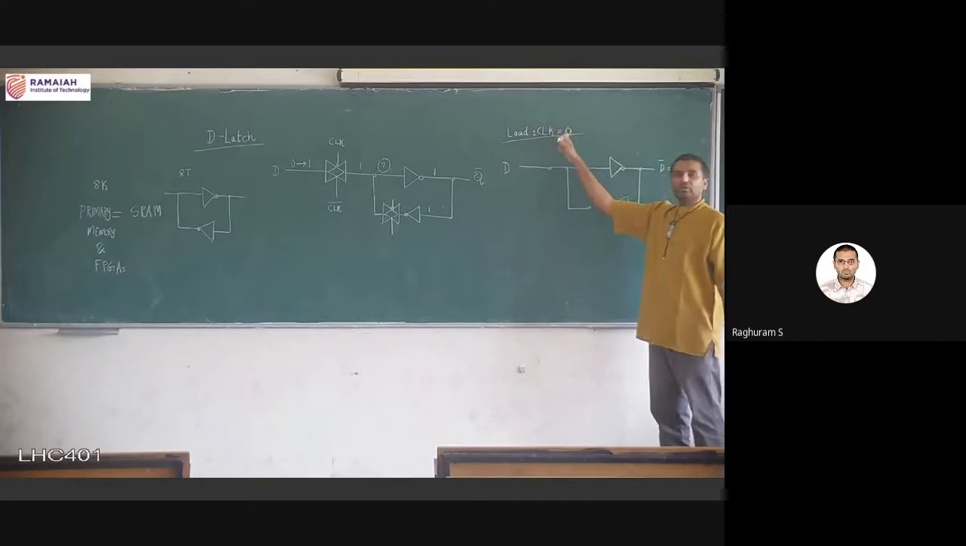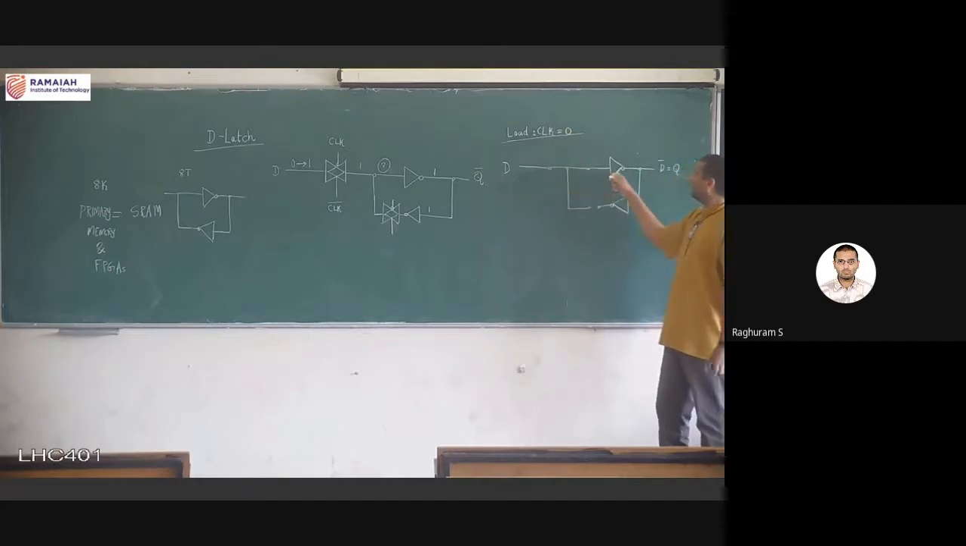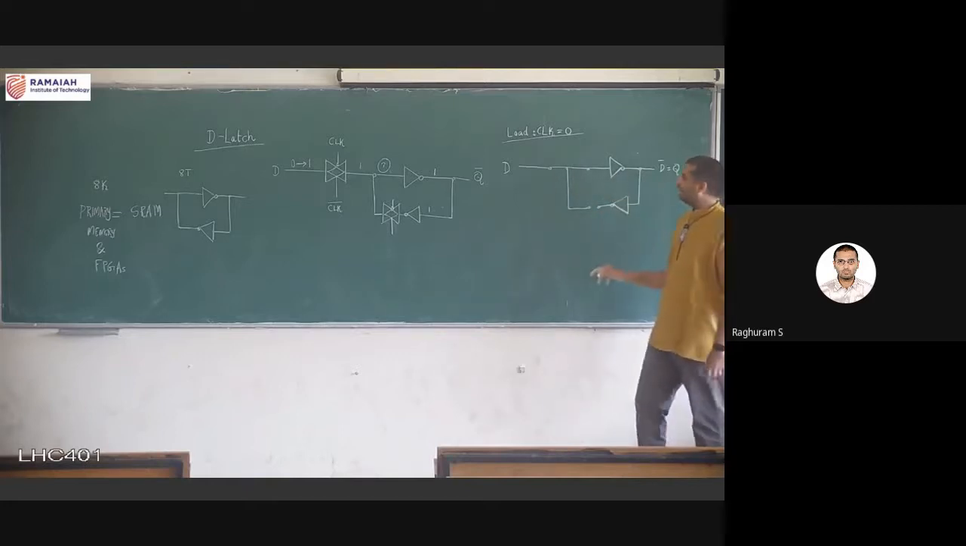When clock equal to 0, continuously D is sampled and its complement is being passed to the output. So this is the load phase where the new data D is being loaded into the memory. Where is the memory? Here, okay. And in the store phase,